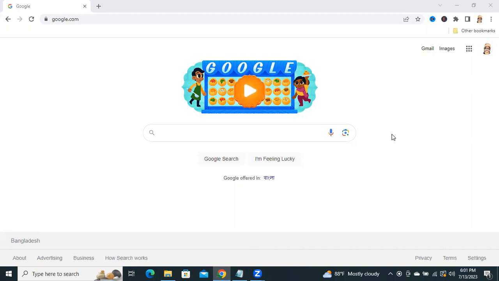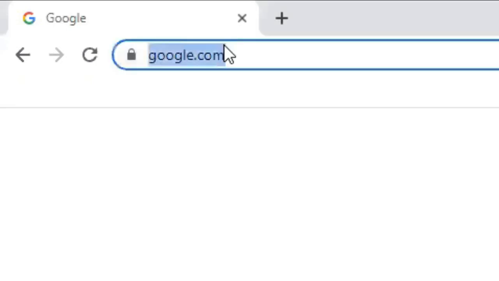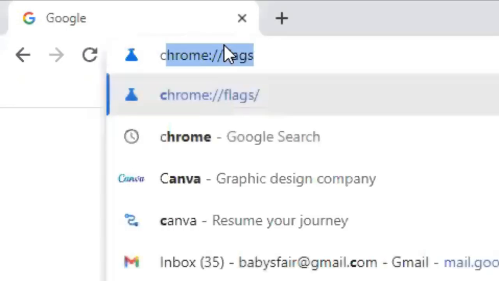Today in this tutorial I am going to show you how to turn on or enable dark mode in Google Chrome web browser. Sometimes it becomes very important for you, so don't forget to watch the full video. Turn on dark mode. In the address bar, type Chrome